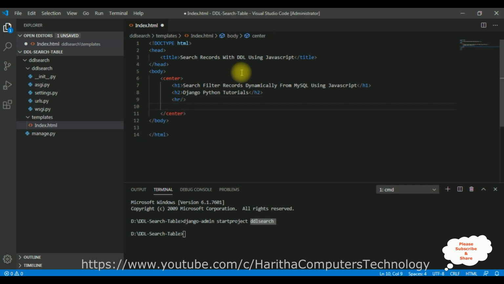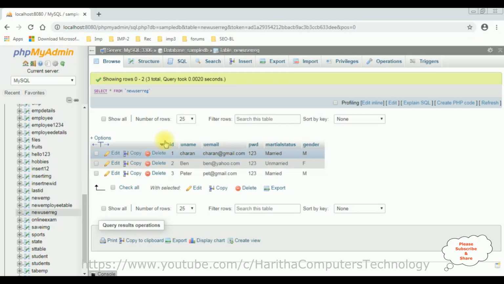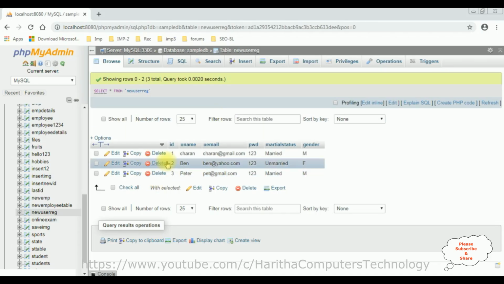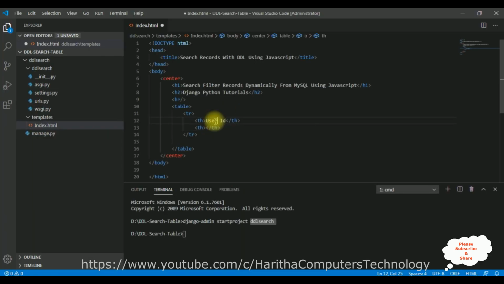Now after the horizontal line, first I will bind the newuser table into an HTML table. So let's add the table here. After the table, I'm adding tr, table rows, table headers. The table headers are the first one is the employee ID, and the second one is a table header. The user ID is new user ID. So instead of employee, I'm adding user ID,